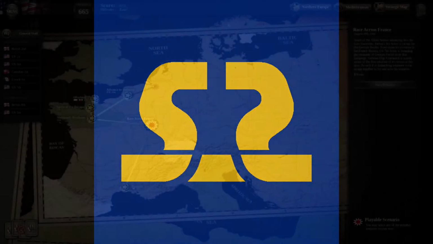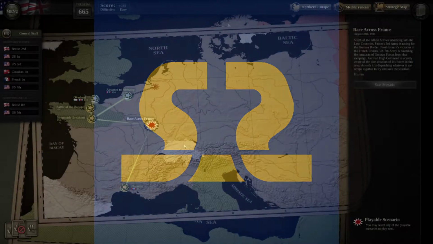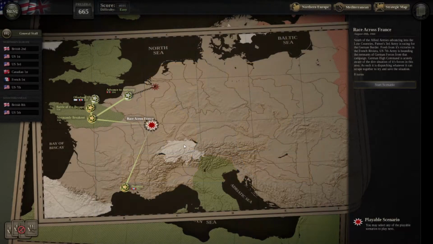Alright, welcome to part 26 of our Unity of Command playthrough. This is the race across France. August 28th,